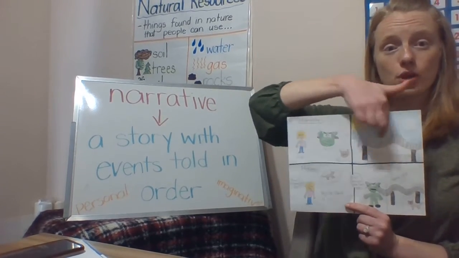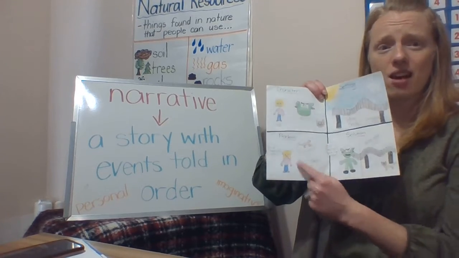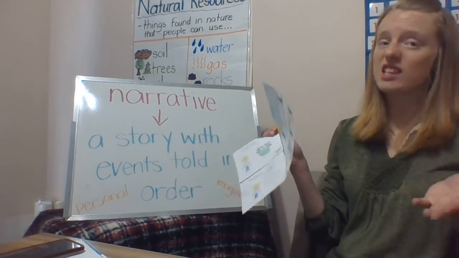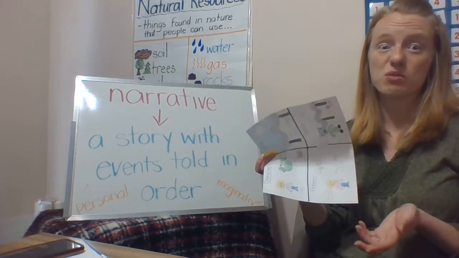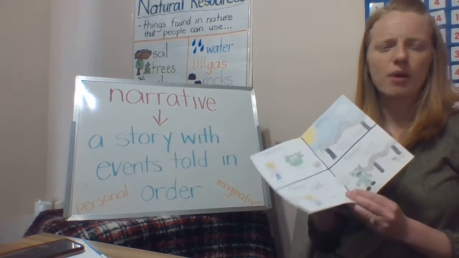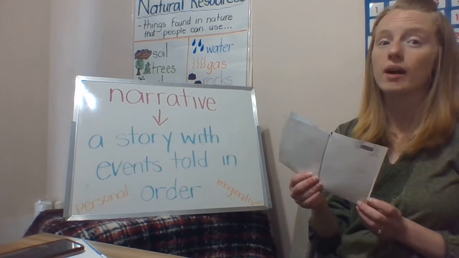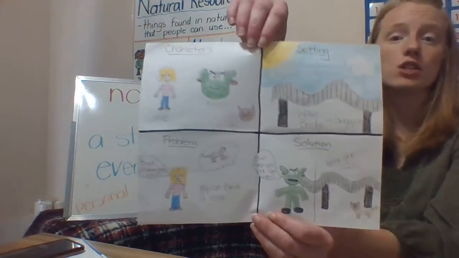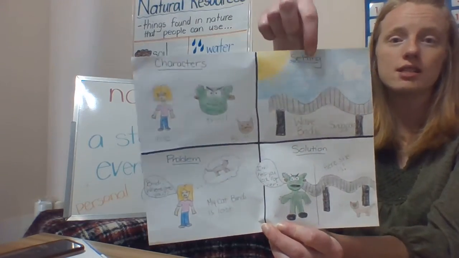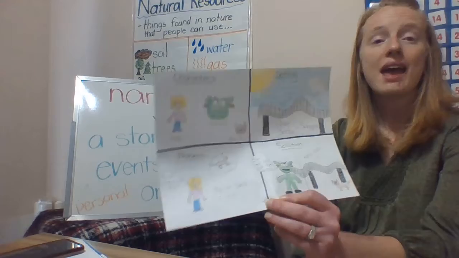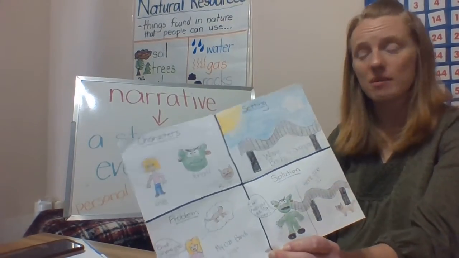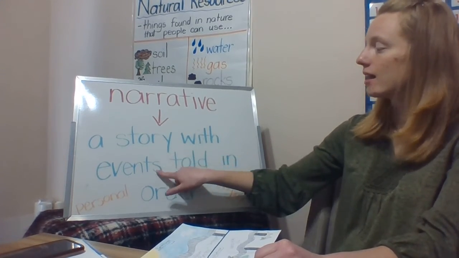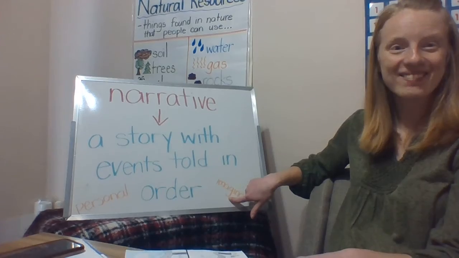You knew where the story was taking place. My problem was that I had lost my cat, and my solution was that the troll helped me find her. Now, this story would probably need some editing if I was writing it. So I would have to go back and I would probably make my events a little bit more clear. But this is just to practice telling a story. So I want you to take a picture of your paper with your characters, setting, problem, and solution. And then I would like you to practice telling me your imaginative narrative or your story with events using your imagination. Okay? Have fun!